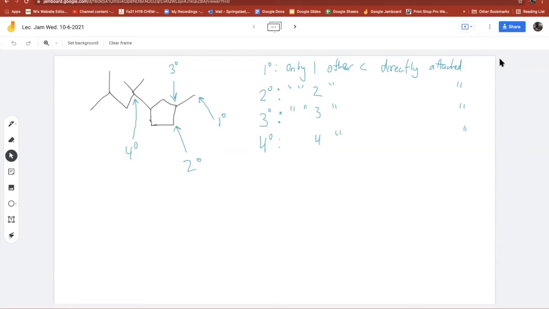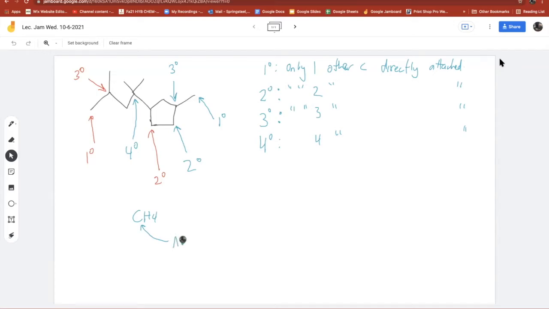So with that in mind, what's this guy? Primary, secondary, tertiary, quaternary. That one is secondary. This one over here. Tertiary, good. And then this one right here. Primary, got it, got it. What about if I just have the molecule methane, CH4? Do you know what you call that? Would you call that primary, secondary, tertiary?